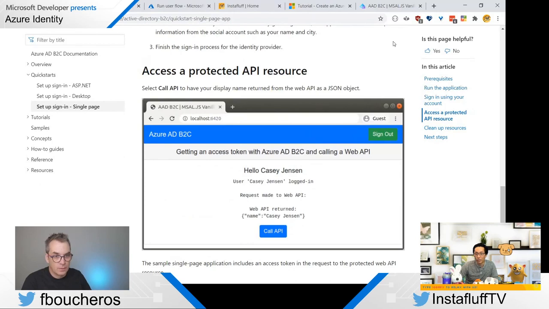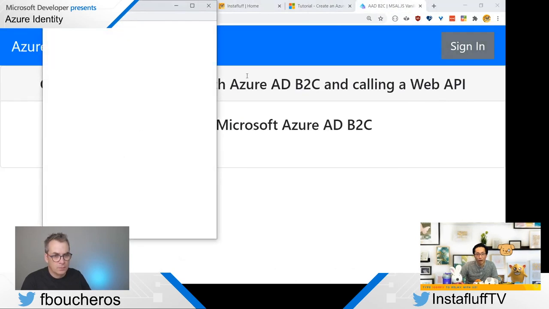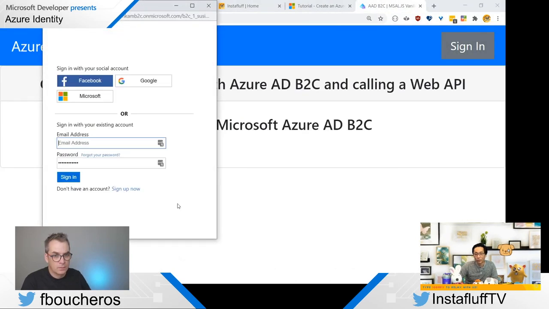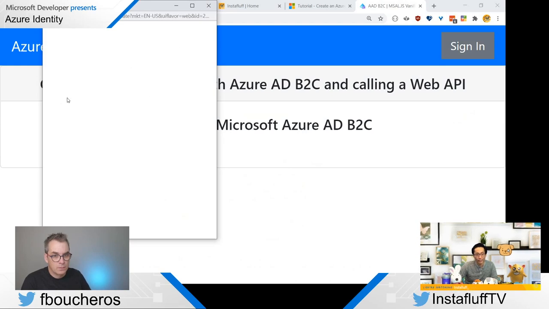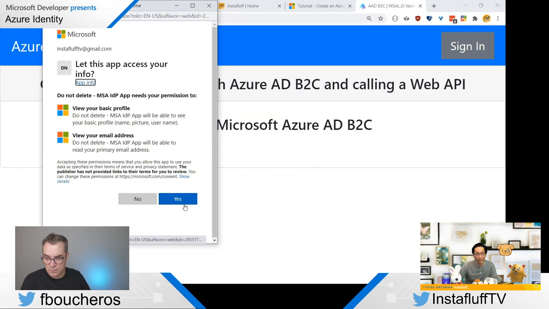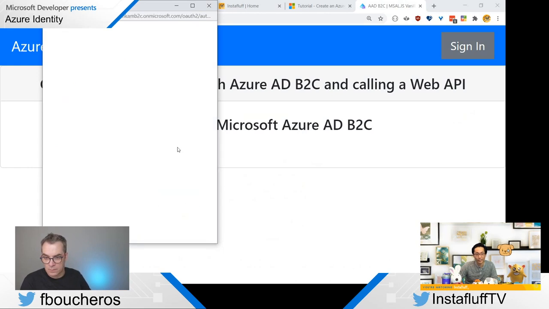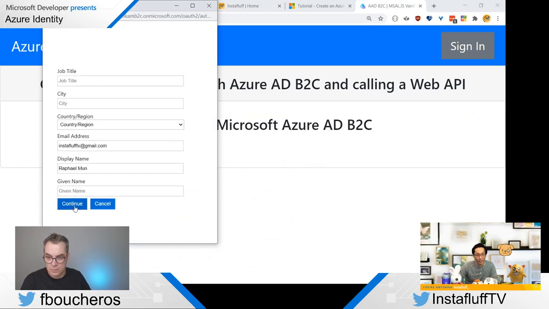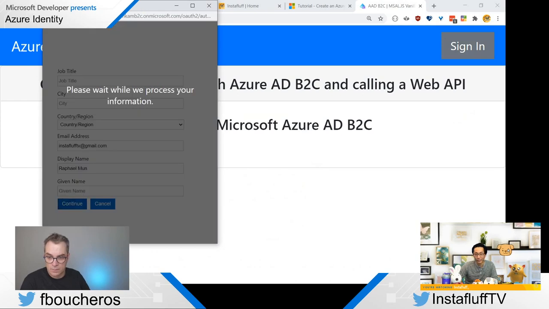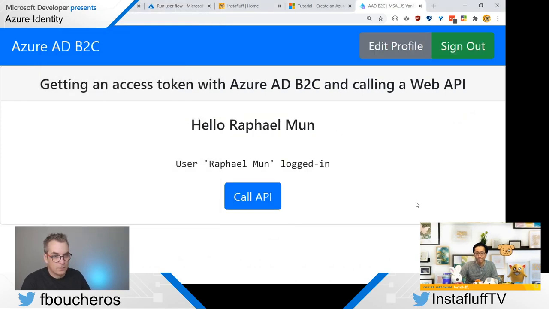I wonder if this actually works. This is for their thing, right? So like Microsoft login. Yes. Okay. Instafluff.tv. All right, general title and continue. Ooh, I'm logged in. Wow.